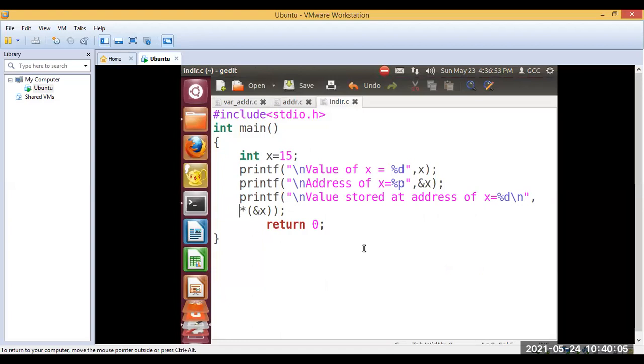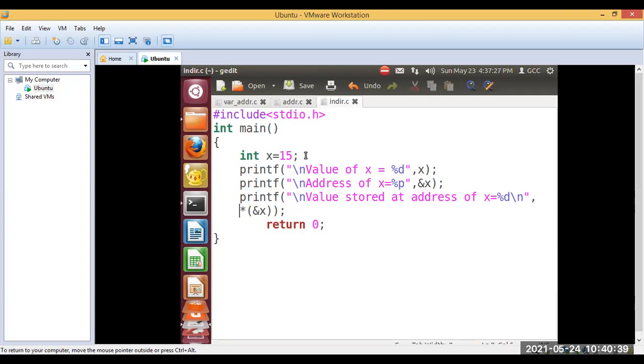Observe the printf statements. So I've declared a variable which is of type integer.